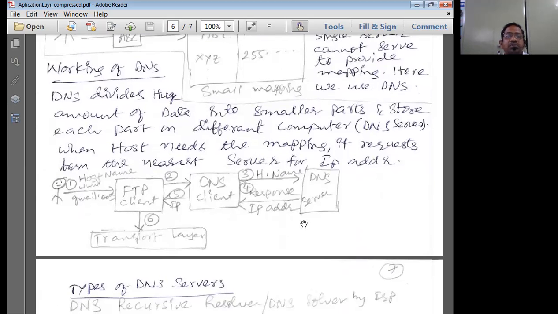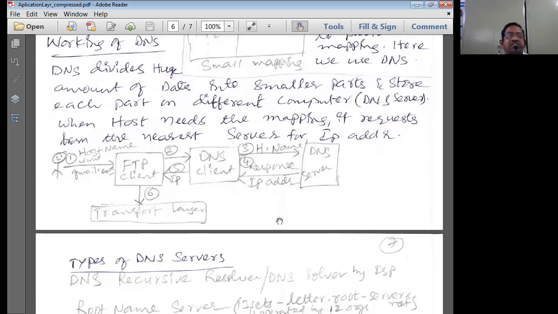So what is the process of the DNS server? Just now I explained this. The user is going to have some host name. He gives the host name to the FTP client, which gives it to the DNS client, and the DNS client in turn gives it to the DNS server.